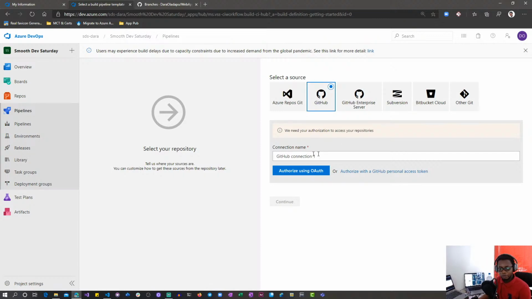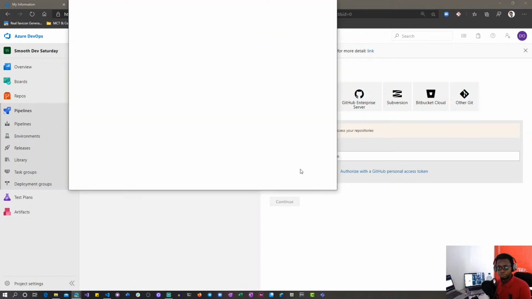And because I have not connected to GitHub before on this account, and this might be new also for you, it's asking me to actually connect with GitHub. So I'll call this my Dara Oladapo GitHub connection, and then I will authorize this, so it will use the OAuth process to finish checking me in, and it is connected to my